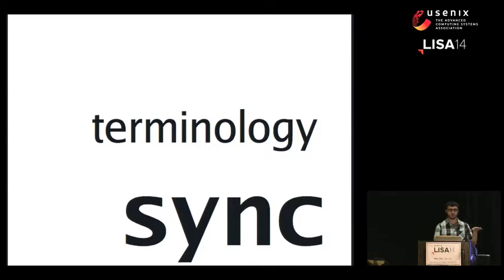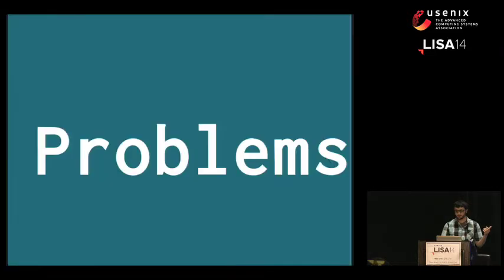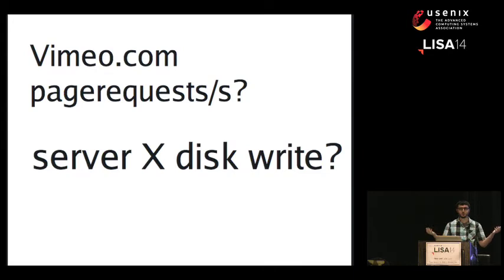So let's make sure we talk about the same terminology. Most people seem to agree that a data point is just a timestamp and a value. You put those in sequence, and you have a time series, and a metric is actually just an identifier that points to that time series of metrics. And it could be a string identifier, or in some systems, it's a string with maybe a few tags, like OpenTSDB.